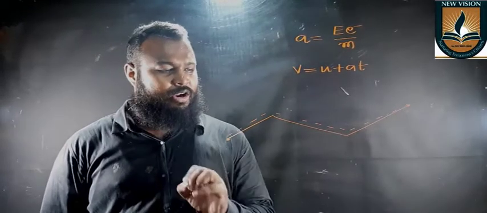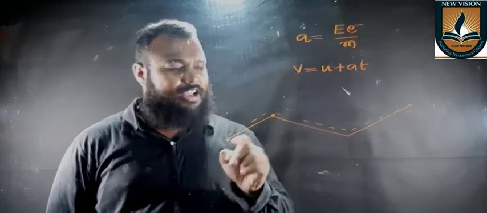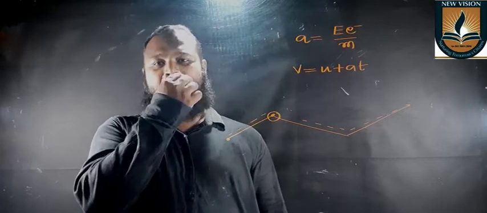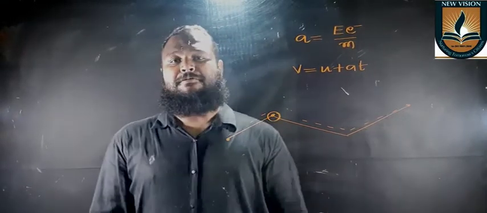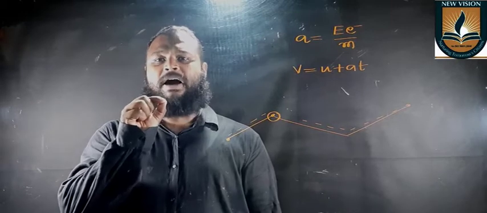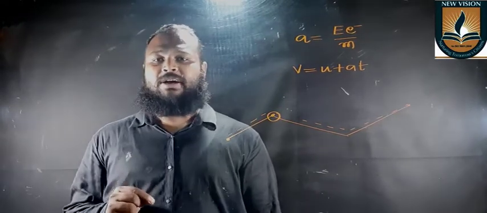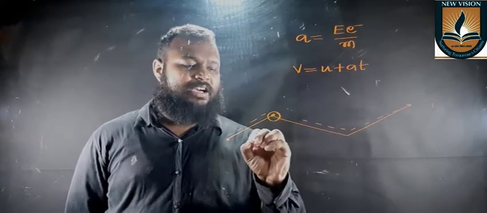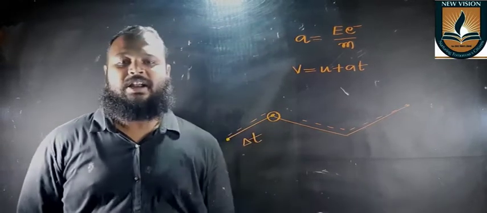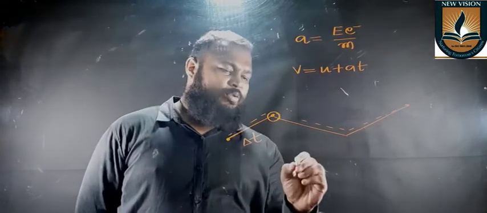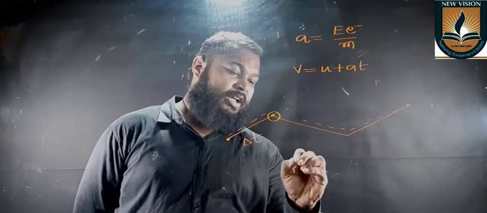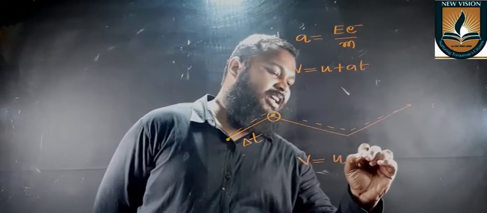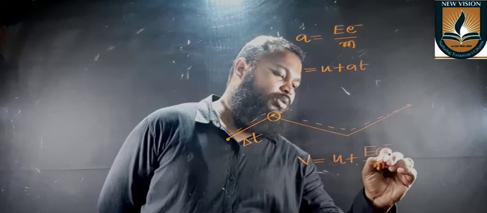So here is the electron and it travels in a straight line until a collision occurs here. Between these two collisions it travels some path, and that path is called the mean free path. So the mean free path is the path traveled by an electron between any two collisions, and the time taken between these two collisions, let's say, is time t or delta t. So let us apply that here. Then you would get the velocity as it reaches this point: v is equal to u plus a t, that is, eE upon m into delta t.